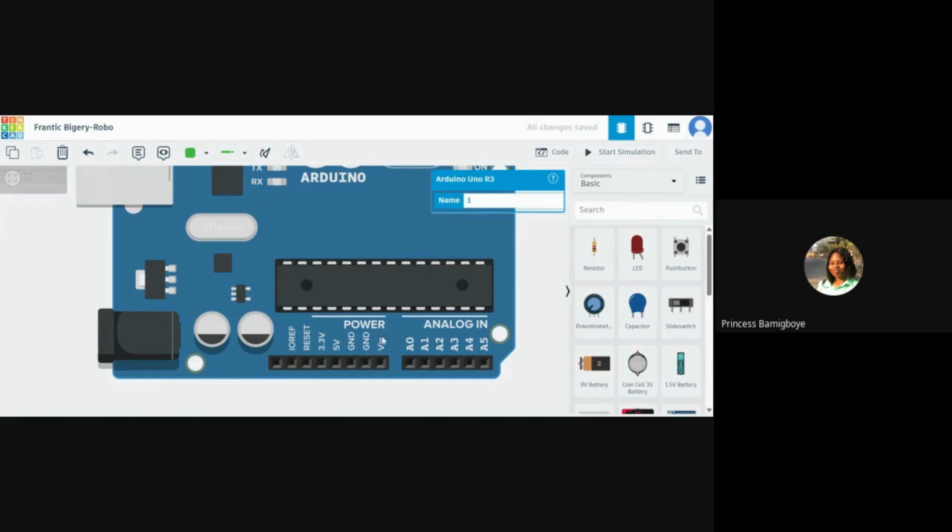Let's take for instance, when you're working with an Arduino, before you'll be able to program it or work with it, you need to send code to it. You need to program it, and then you can do everything you want it to do based on the project or task. When you are doing that, it's going to be connected to your computer system.